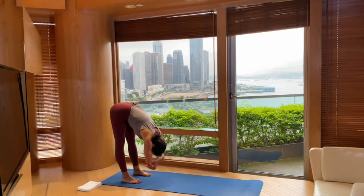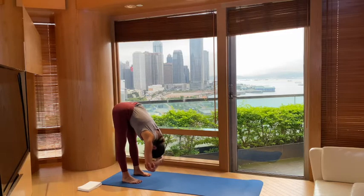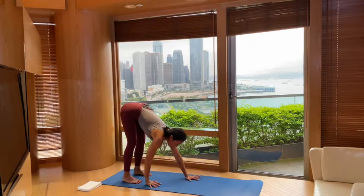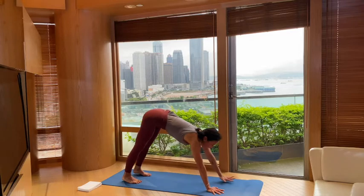Now shift your weight forward a couple of inches. Continue to relax that head. And then change the grip of your elbows. Switch the grip here. Keeping your belly relaxed, see if you can drip your spine down more towards the floor. 1 more round of breath. Beautiful. Place your hands down, maybe bend your knees, and walk your hands back forward into that downward facing dog